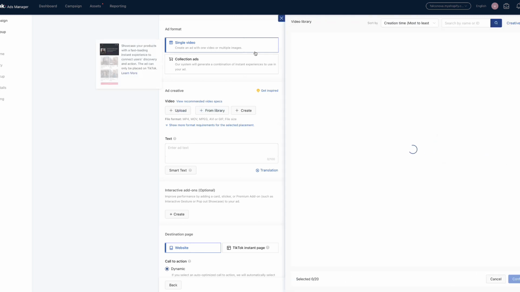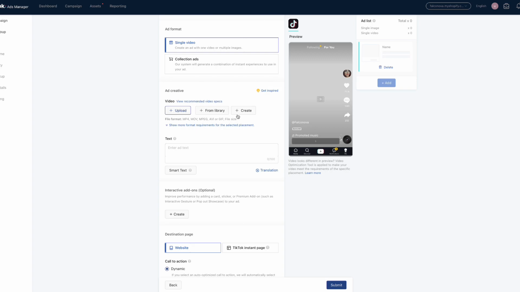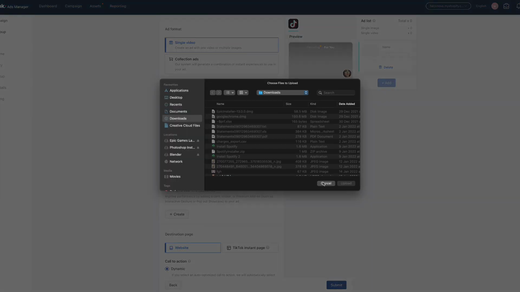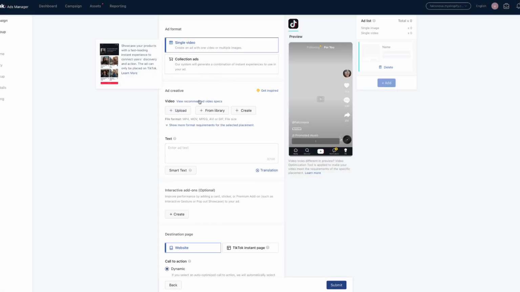Now you've got to upload your video. Now your video creative. For example, I've got a video creative, I haven't got it right now. So you add the video creative you made on TikTok here, and underneath your video, when you put your ad creative, you've got to put a text, and the text should be only a few words describing the product in the ad. So for example, for the shower case, you could say,